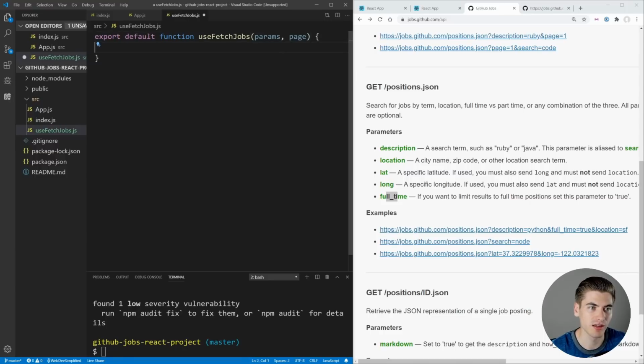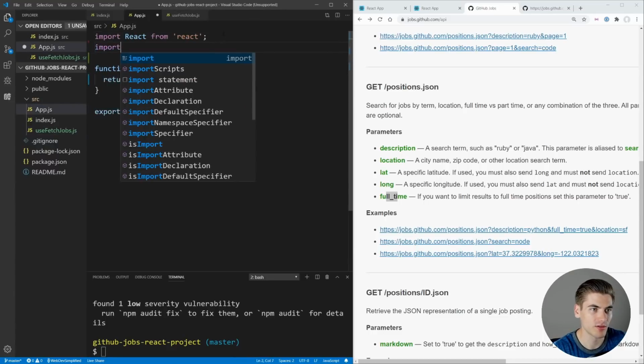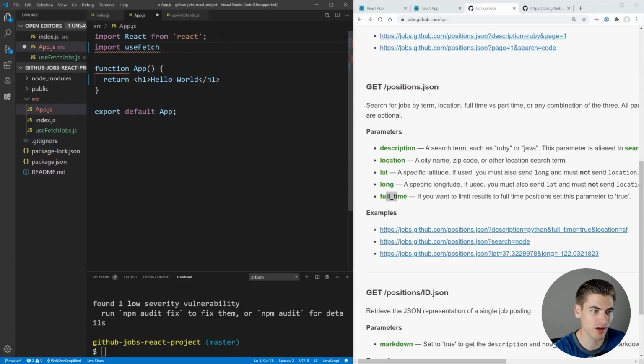currently on. Now inside of the code, we actually need to do a bunch of work to actually call the API, save all of our different state, and return the information that we need to the user to say where we are. But before we do any of that, let's go into our app and import that component. We can say import useFetchJobs from